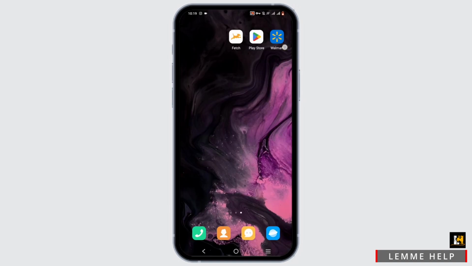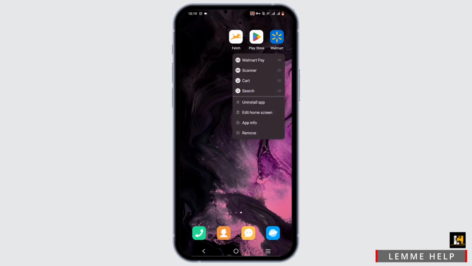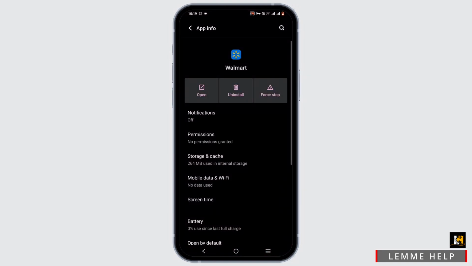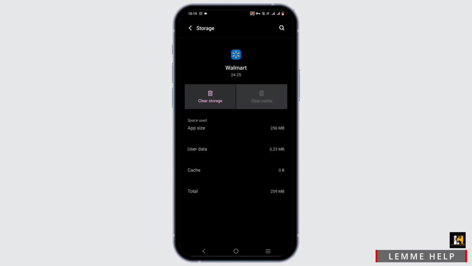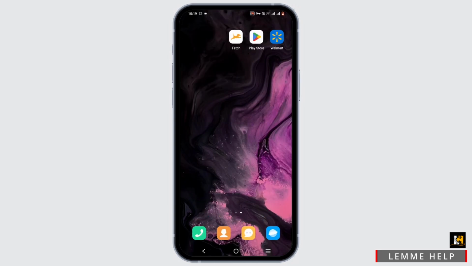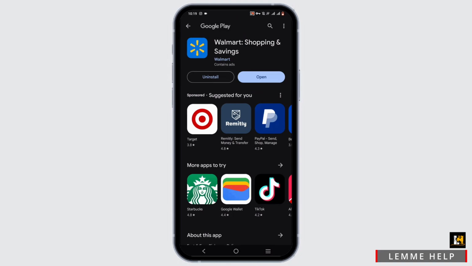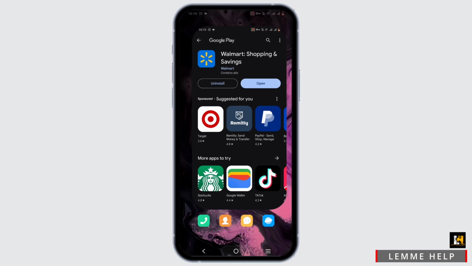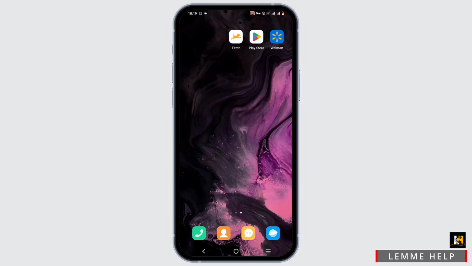However, if you face any difficulty regarding it, press and hold on to your Walmart application. Head over to App Info and force stop it. Head to Storage and Cache and clear it up. To check for update, open up your Play Store and if there isn't any update, make sure to click on